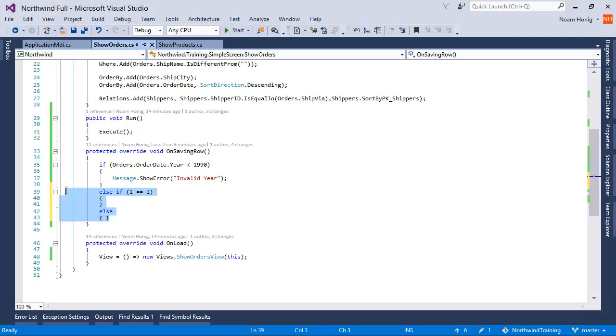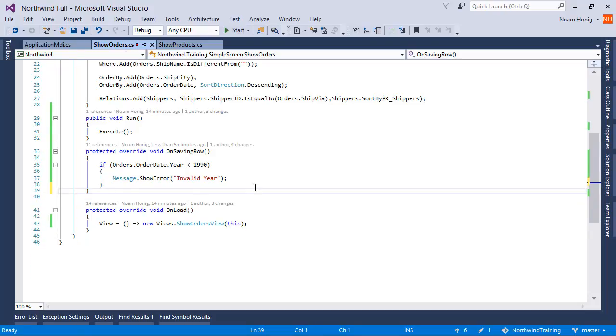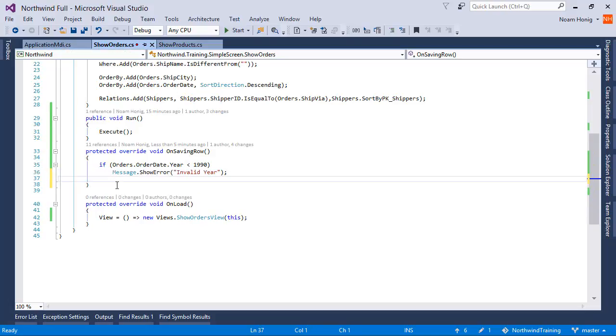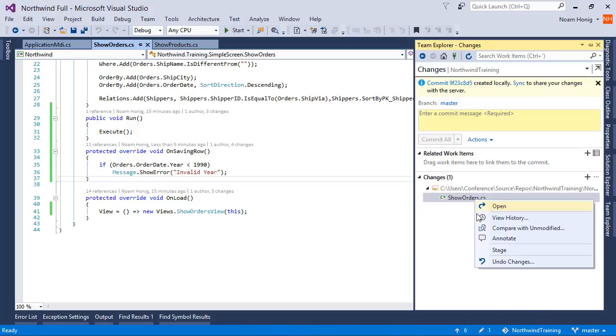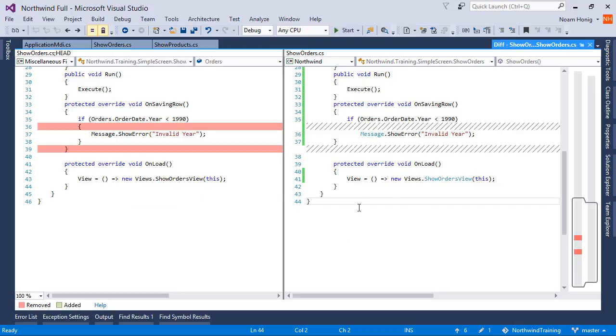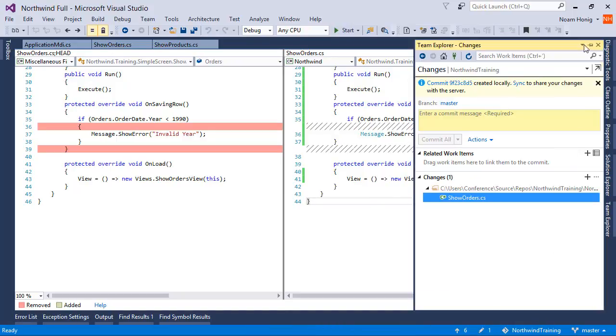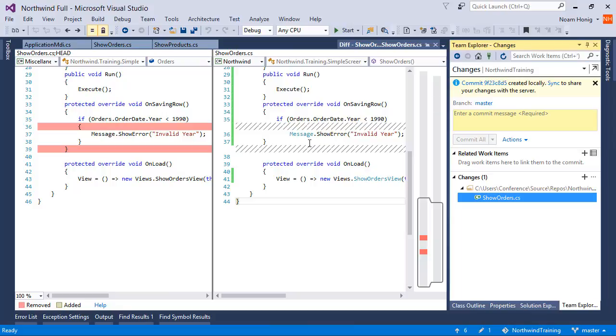Now, we can write a short version of the if statement. If we only have one line in the if, then we don't even need the curly brackets. So we can remove this line and this line. Let's see the difference between the two pieces of code. We can recognize that a single line if is a common scenario, and for that we can write shorter code for it. So a single line if doesn't require